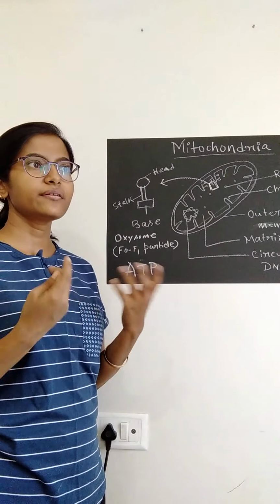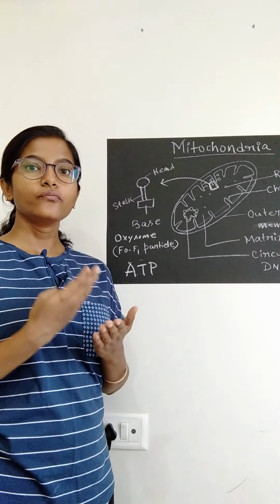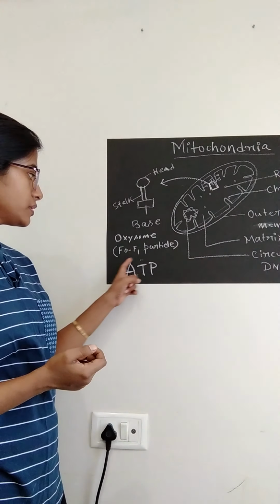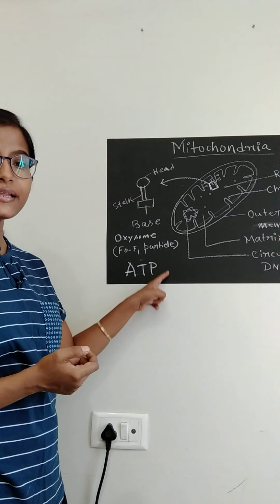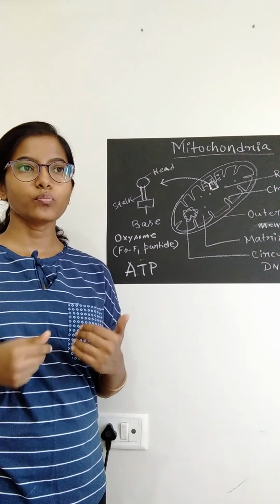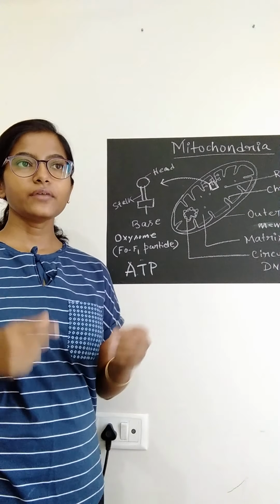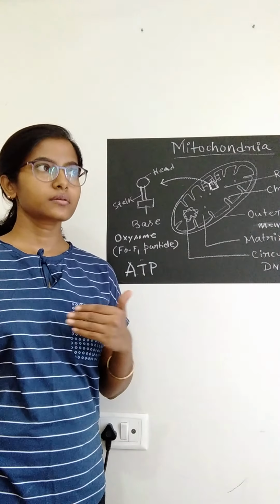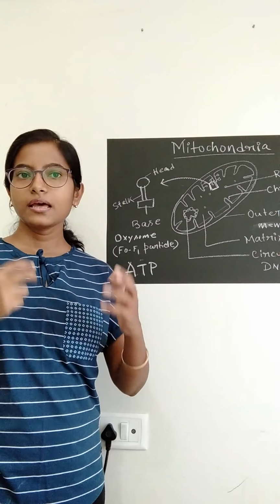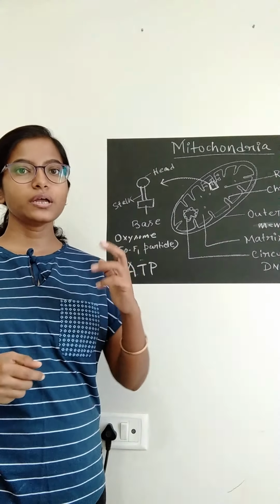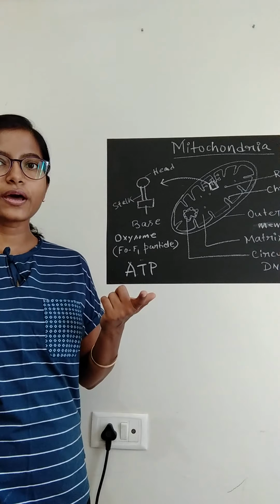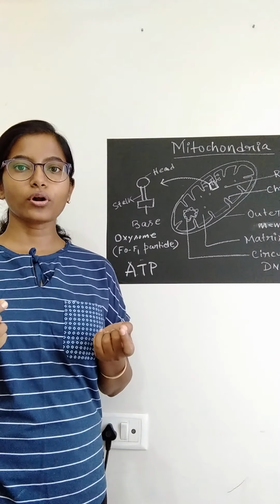food and generating a tremendous amount of energy, which is then stored for the time being within the particles ATP, adenosine triphosphate, which is called the energy currency for our body or for the cell. Whenever we are working or we are doing anything, we are thinking, we are seeing, we are talking, there is a need of energy. So the energy is being provided by the ATP. So that's why mitochondria is so important in our cell.